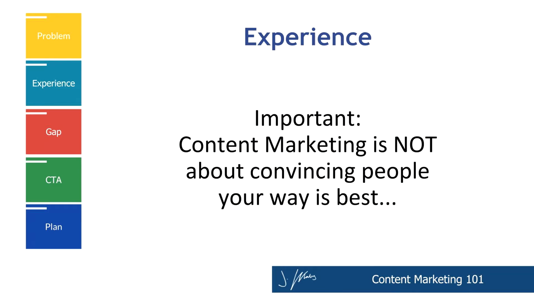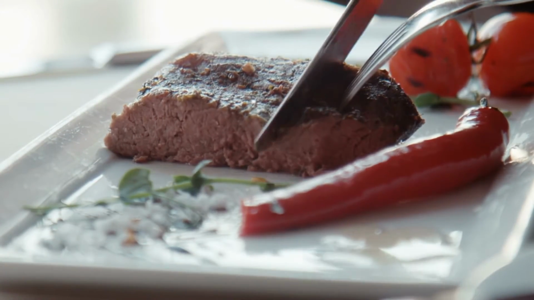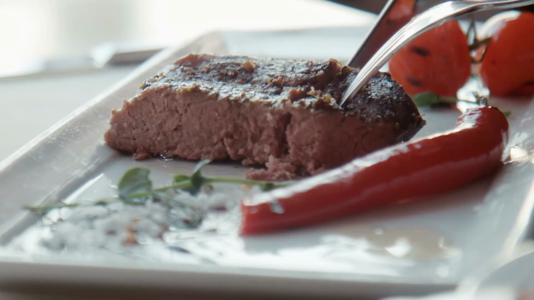I think that's a big mistake a lot of new marketers make. Content marketing is about meeting someone where they are and helping them along that path to be in a good position to purchase your product or service. It's not about convincing people that your way is the right way. So a really simple example of this is if you were selling a vegan cookbook, you're not going to go target a bunch of people who are into paleo or meat eaters and try and convince them that vegan is